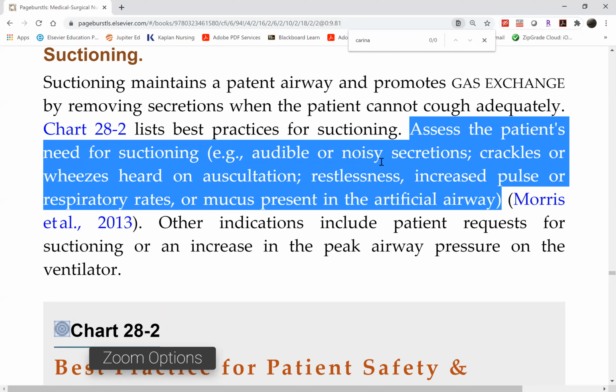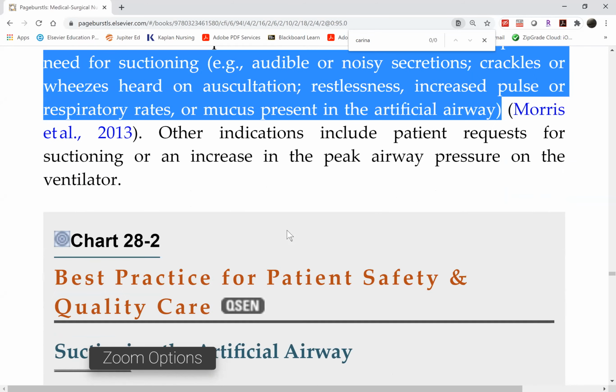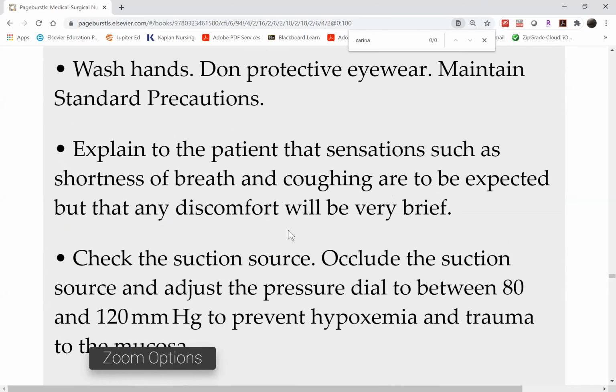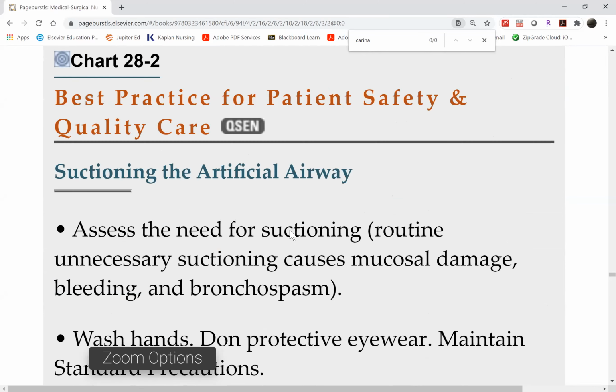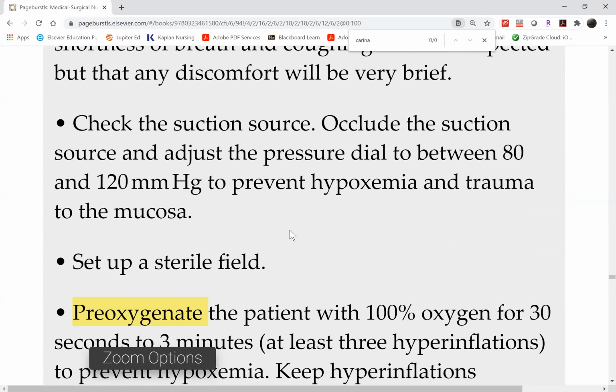Audible or noisy secretions, you hear crackles or wheezes, the patient gets restless, and then when you check the oxygen saturation, it's low. Or you can visibly see secretions at the airway. You can see it at the tube or already entering the circuit, for instance. So that's your indications, and then I leave you responsible for reading chart 28-2, especially the part about